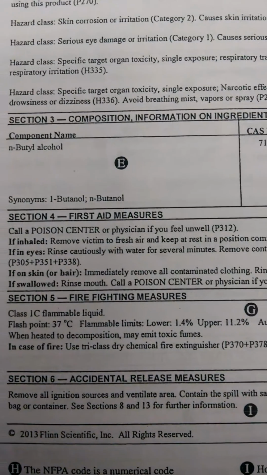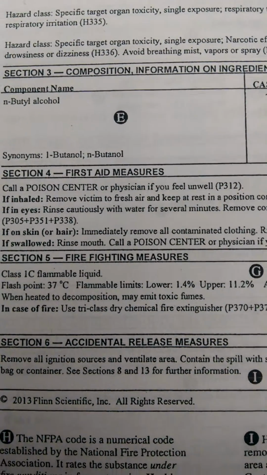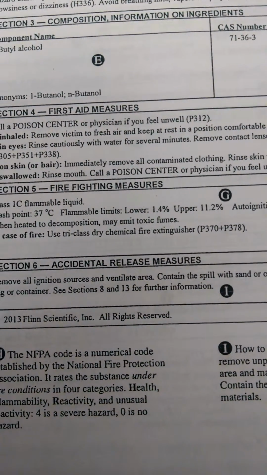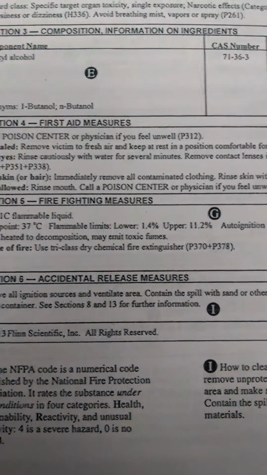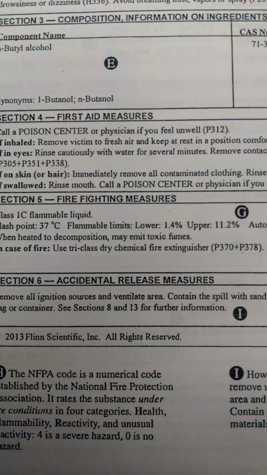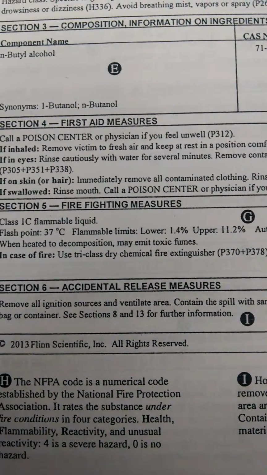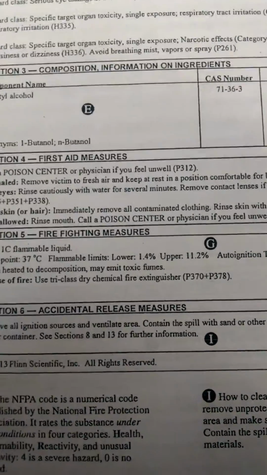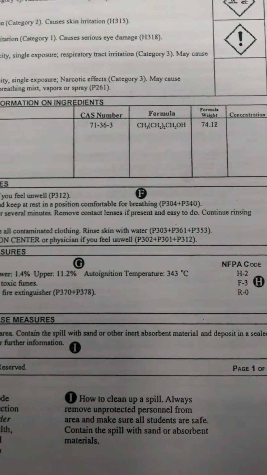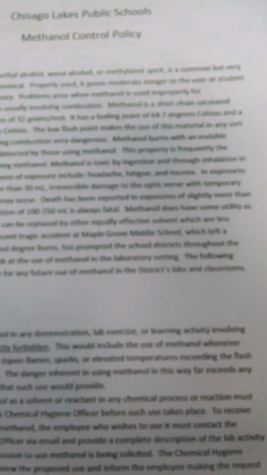Alright, coming back to the safety data sheet, there are some first aid measures that can be taken if there's an exposure. Firefighting measures, we have given all of our chemical safety data sheets to the local fire department, so they should know what is needed. Not always water, and so if you have that booklet on hand, you can also talk to the firefighters if need be. Hopefully that will never have to happen. Accidental release measures, if this chemical should go down the drain, and something like that. I don't think we have anything that toxic that it would cause an issue